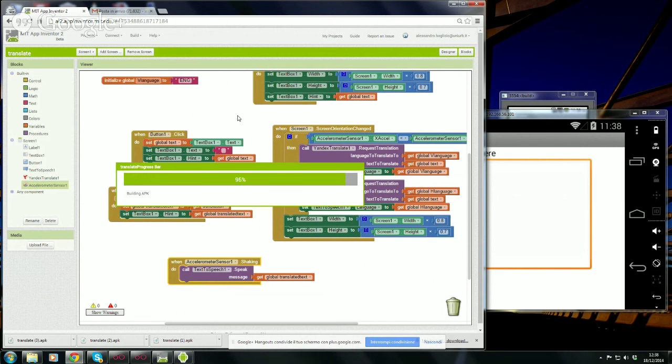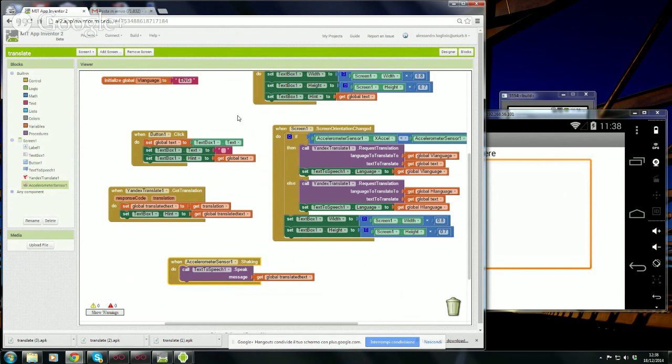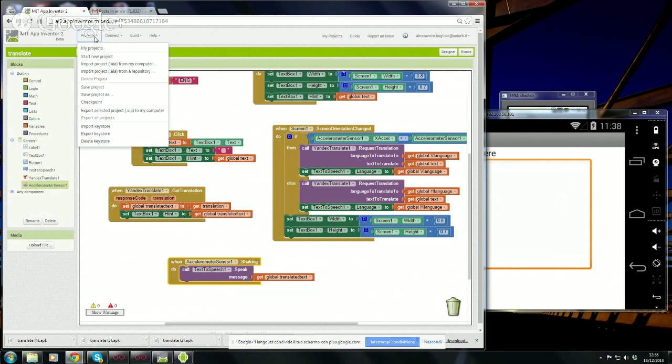So in case you weren't able to follow all the steps on your own computer and on your own working space on AppInventor, you will be able to then import the project from the file that I will share. To this purpose, I'll show you that there is an import and export command here. So the file that I will make available online is a